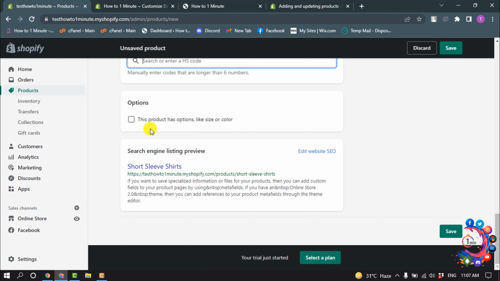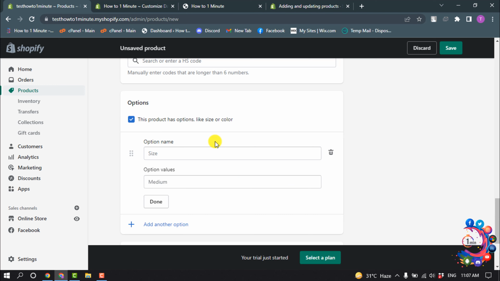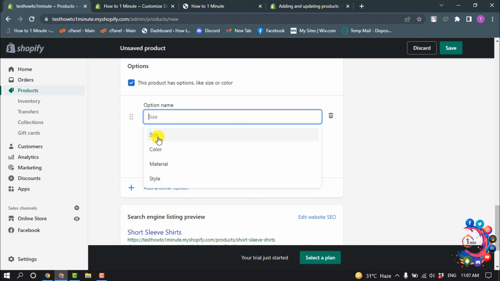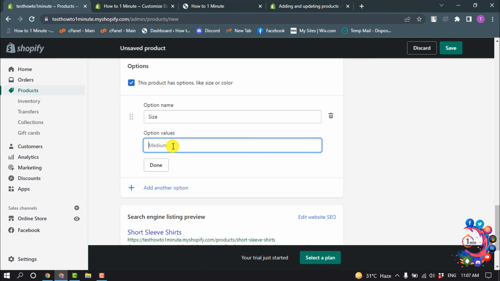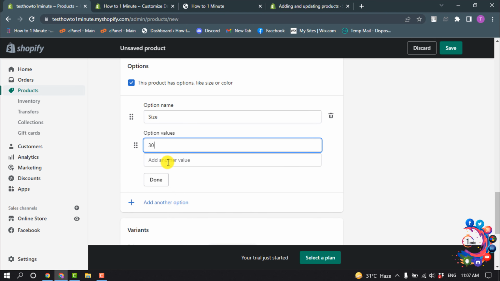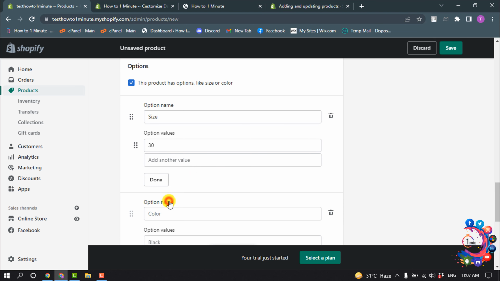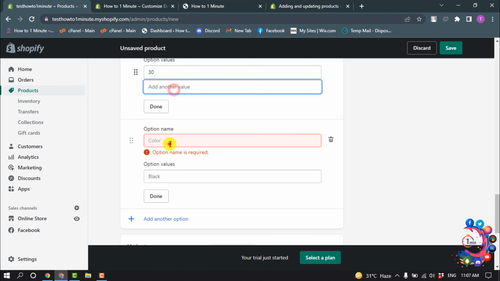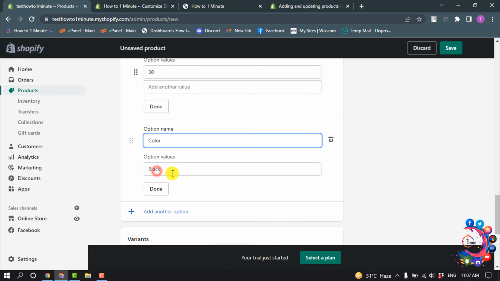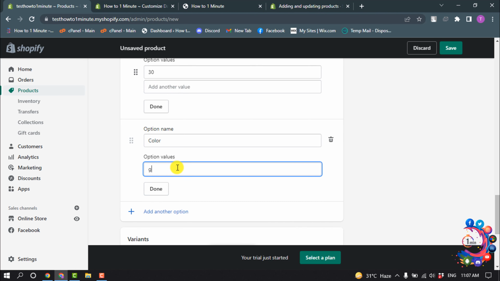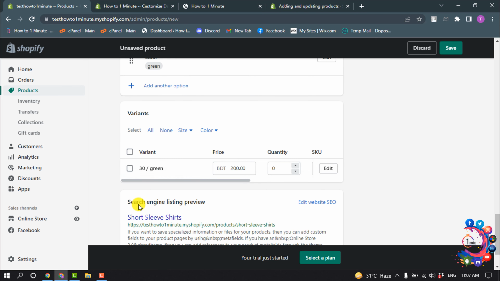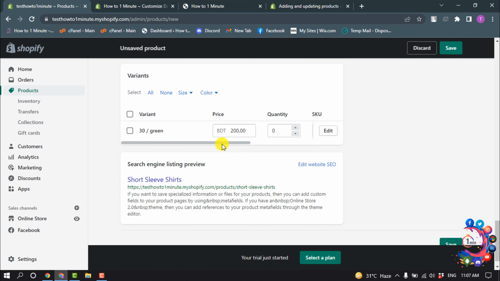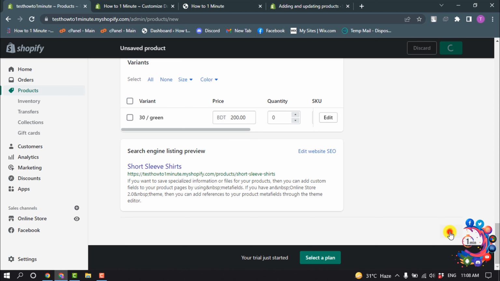If your product has options like size or color, then you have to turn on this option, and for option name you can select size and enter your size here, or you can also add another option by clicking here. You can add color, select your color here. You can play around with variants. Okay, after that click on Save,